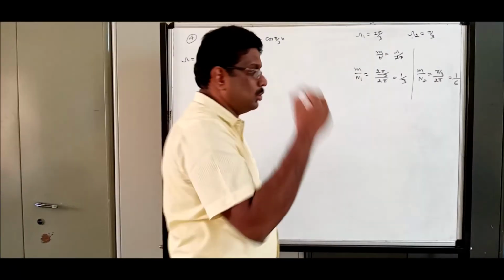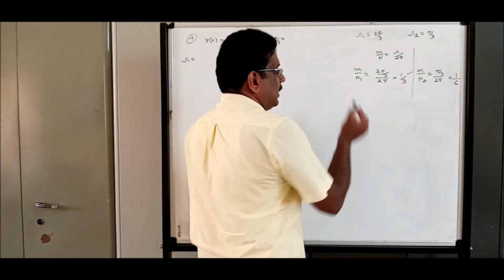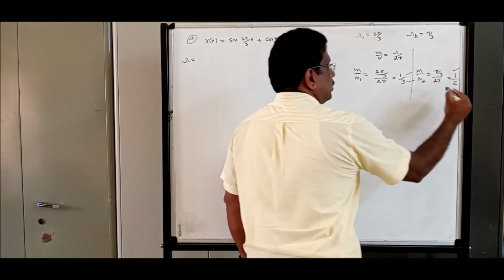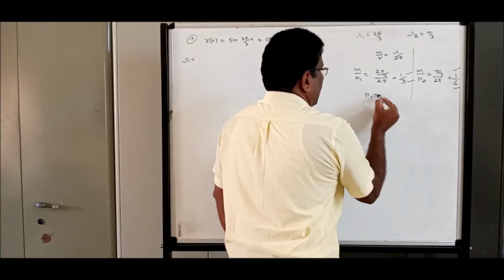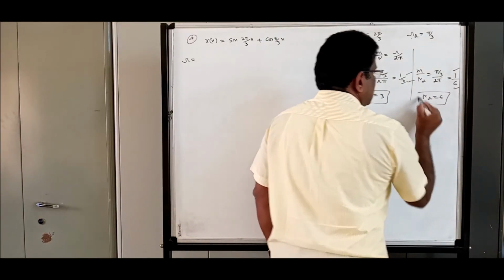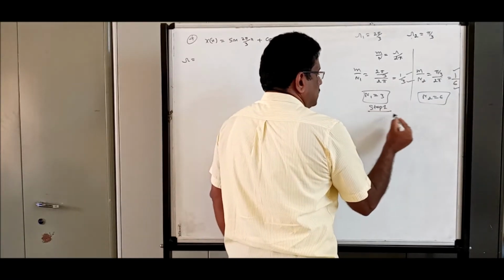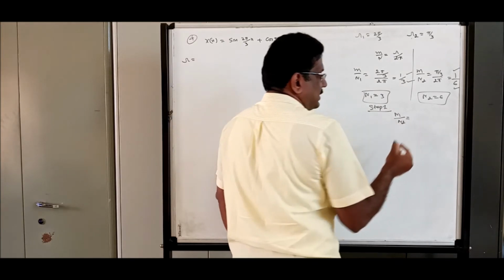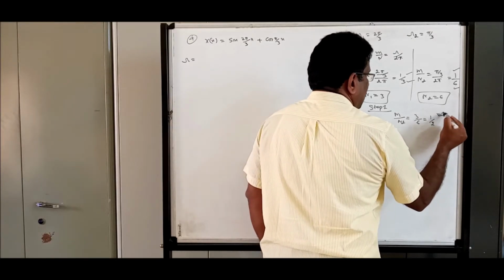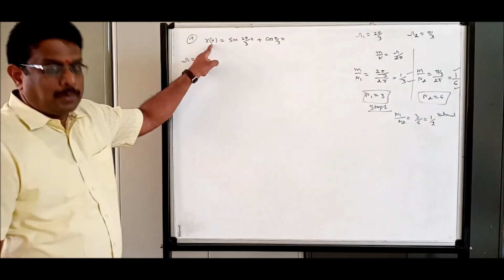Next, a discussion I used to do very long back. Compare numerator: m is equal to 1, integer, accepted. N1 is equal to 3, integer, accepted. M is equal to 1, allowed. N2 is equal to 6, allowed. Therefore, your N1 is equal to 3, which is periodic. N2 is equal to 6, which is periodic. Then you should go for the same procedure. Step 1: N1 by N2 must be rational or irrational. We have to find. 3 by 6 is nothing but 1 by 2, which is a rational number. Since it is a rational number, the given x of n is periodic.